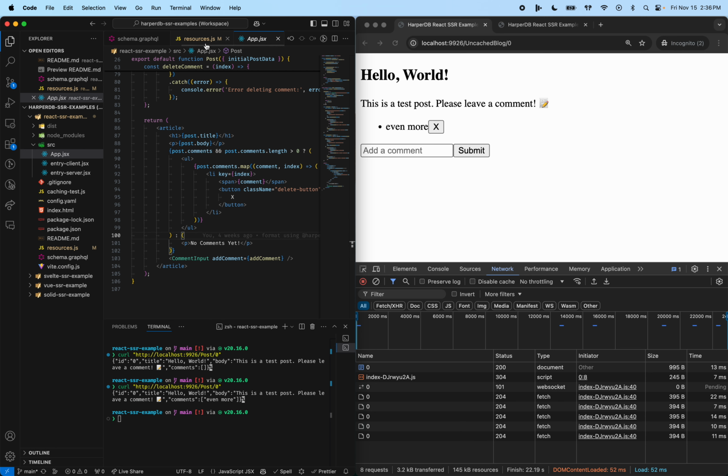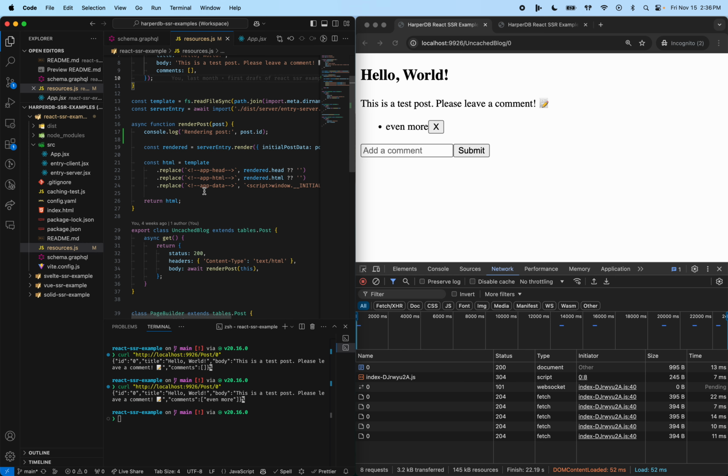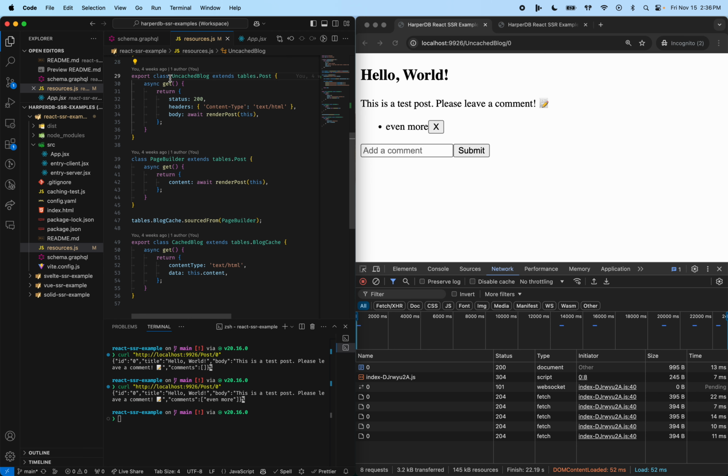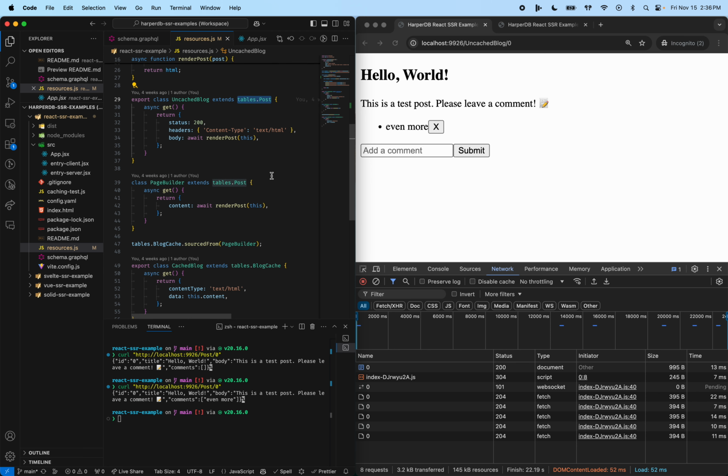In order to build this page, we have to provide it that initial post data. And this is where HarperDB's resource API and multi-tier caching all comes together. So over here on this side of the page, we'll scroll down. Looking at this exported uncached blog class, this is a HarperDB pattern called resources. So uncached blog is a resource because it implements the get method. And it's extending from the post table, which also in itself is a resource, but more specifically, it's a table